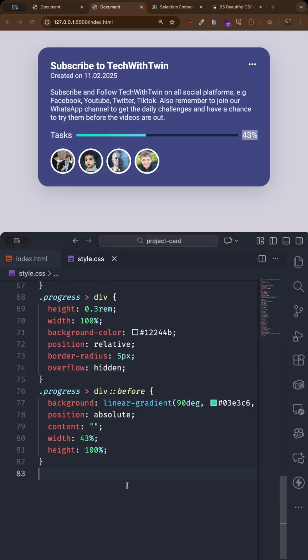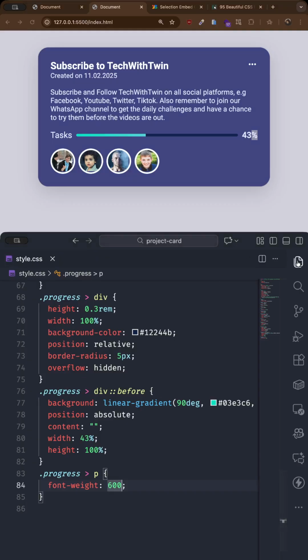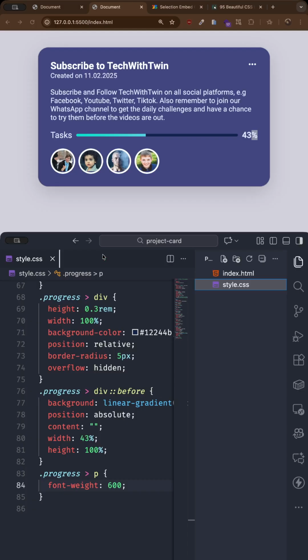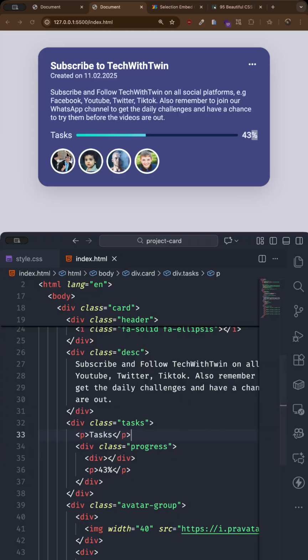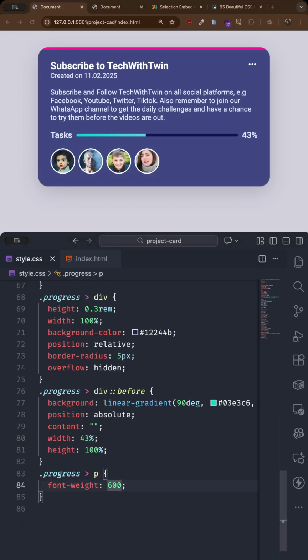Then let's increase the font weight on this. So we can do that progress direct child paragraph. You can say font weight of 600. That's fantastic. So if we go back, let me open it again. If you go back, I don't know what we might have missed. Okay, we have some new stuff going here on the card itself. So what we are going to do is still the same thing. So we go back to the card,